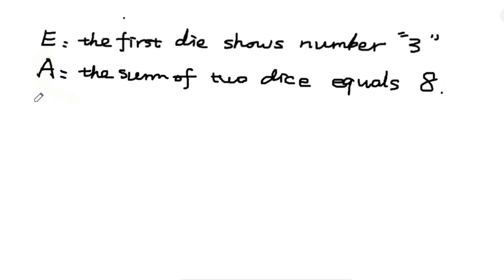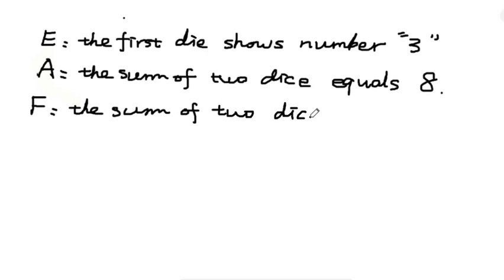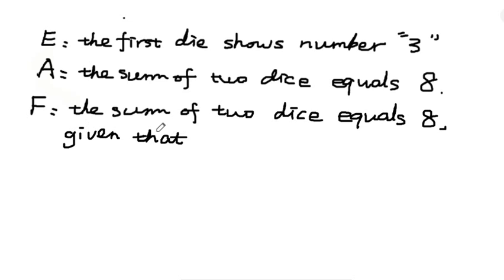And what is my event F? Event F is the sum of the 2 dice equals, sorry, equals 8, given that